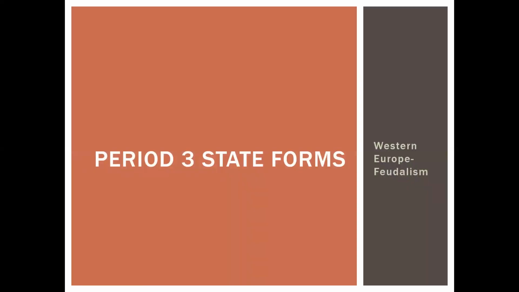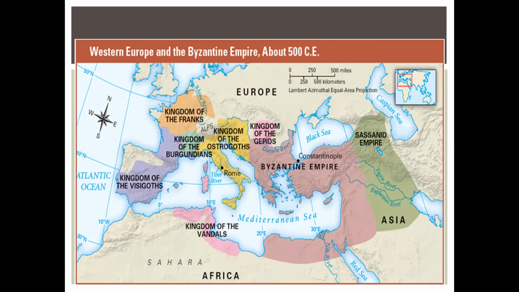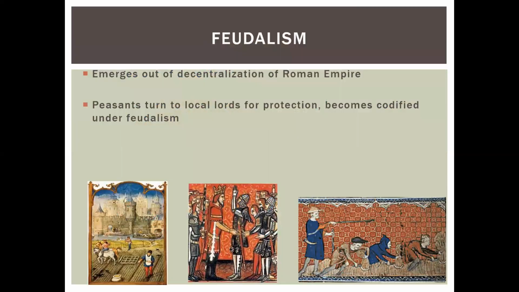So what happened in Western Europe after the Romans collapsed? In Eastern Europe, the Byzantines adopt Christianity and become a relatively strong empire, but not an expanding empire. In Western Europe, it descends into feudalism. This map shows you a few of the kingdoms that form after the collapse of Rome: the Ostrogoths, the Burgundians, the Franks, the Visigoths, the Vandals. All of these different kingdoms are decentralized and they're always fighting each other. So Western Europe is a time of constant warfare,